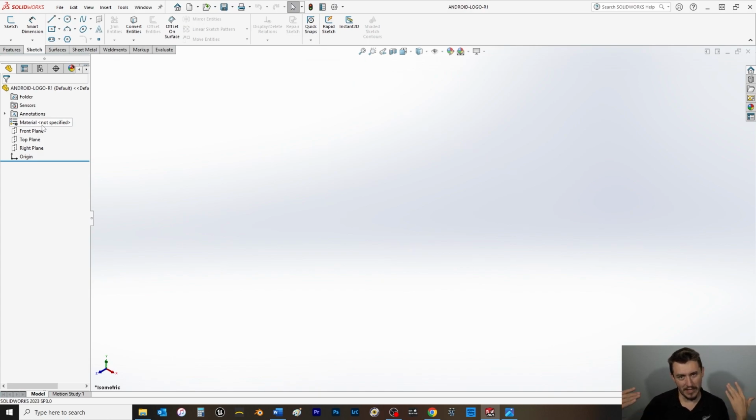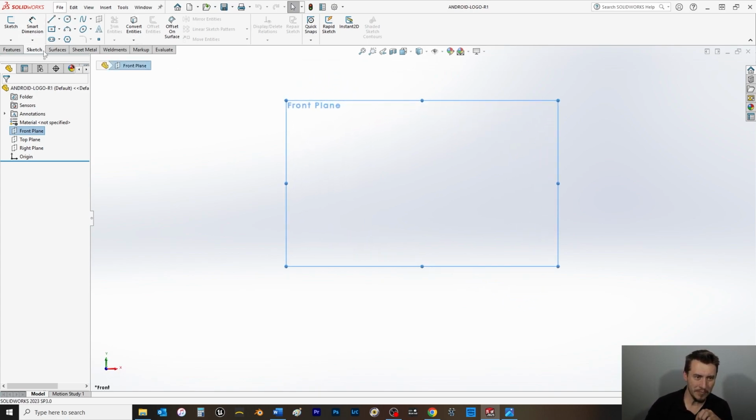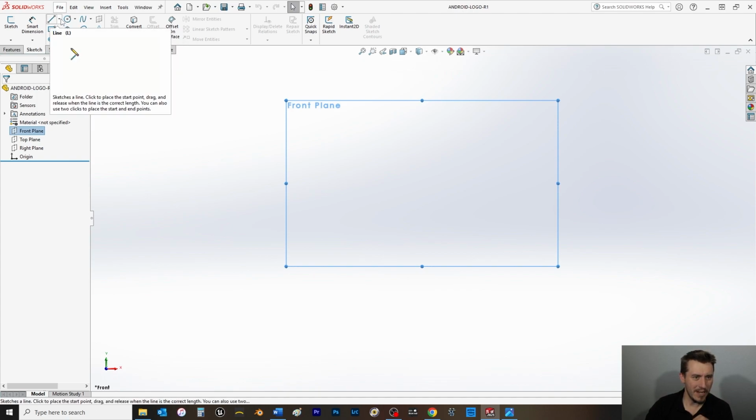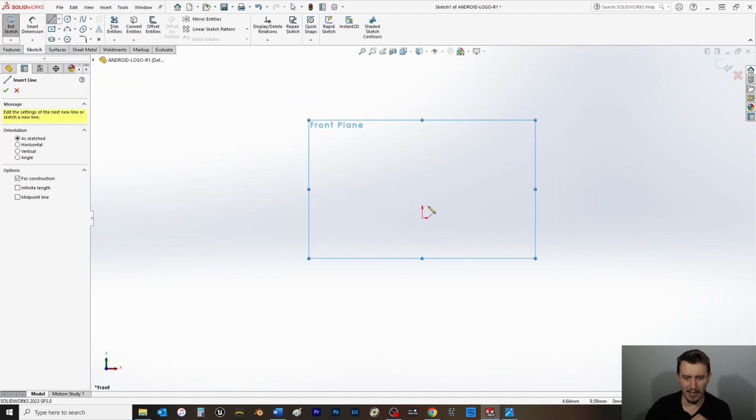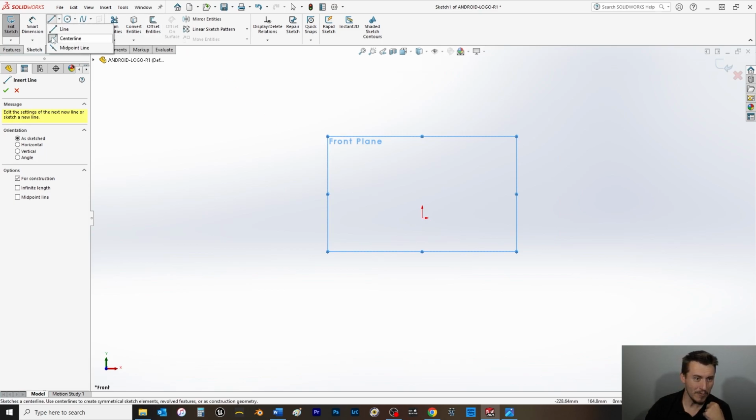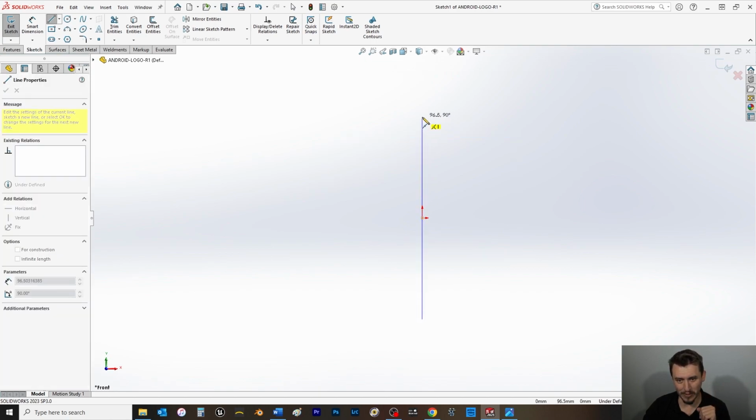So, my canvas will be, of course, my favorite, the front plane. Control 8 to bring it normal to. And we'll want to make sure we're on the Sketch tab. And I'm going to start with a center line here. Actually, you know what? Let's do this. Midpoint, make the midpoint of the midpoint line. Did you catch all that? Coincident to the origin with a horizontal